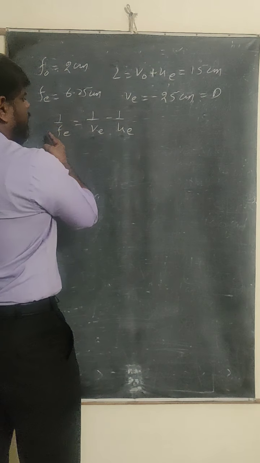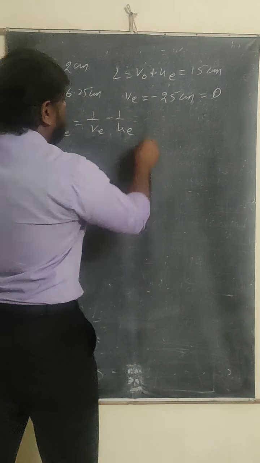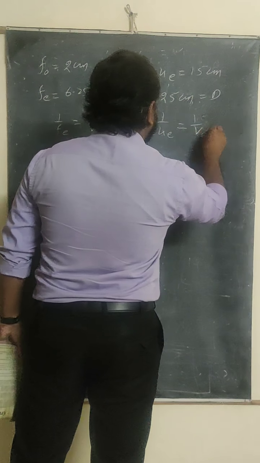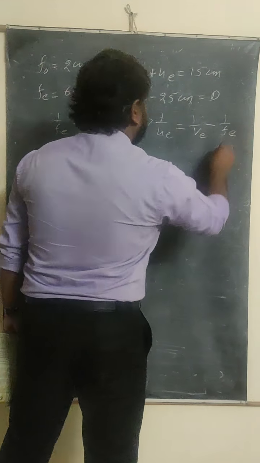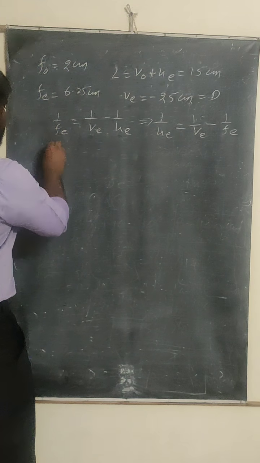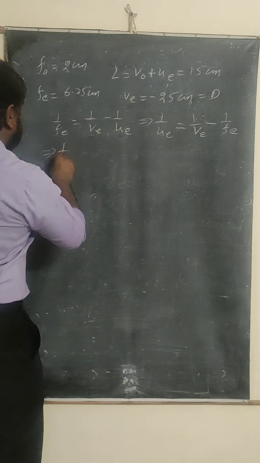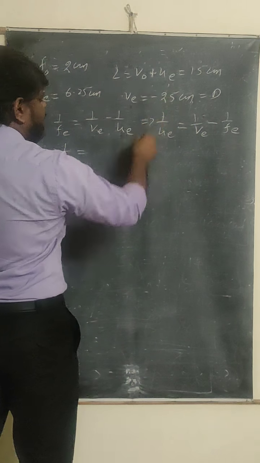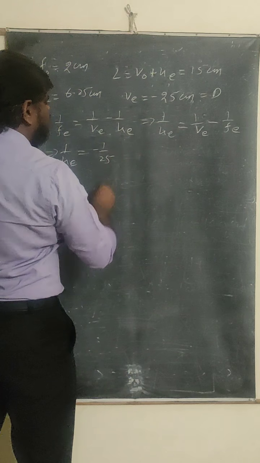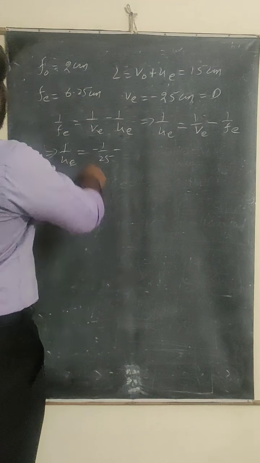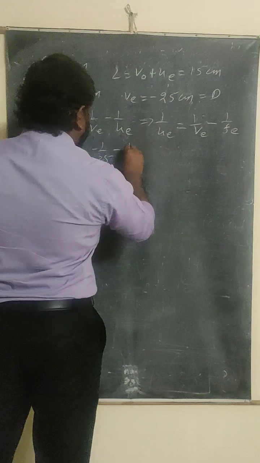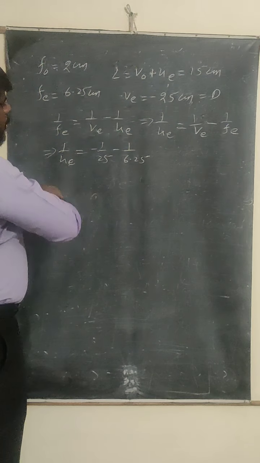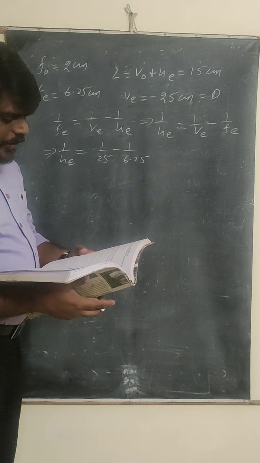So 1 by UE goes to the left side and becomes plus, and 1 by Fe goes to the right side. That means 1 by UE is equal to 1 by VE minus 1 by Fe. Go on and substitute the values here. 1 by UE is equal to 1 by VE, which is minus 1 by 25, minus 1 by Fe. Fe is 6.25, so it will be 1 by 6.25. When you simplify this complete value, we are going to get the UE value as